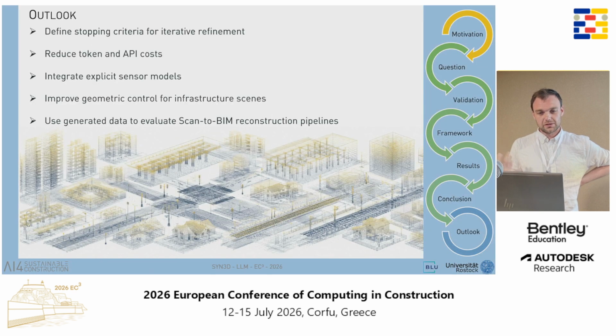And the outlook is: okay, defining some stopping criteria, because the API costs were quite high. We need to reduce the API costs a little bit, integrate explicit sensor models, improve the geometric control, and use the generated data